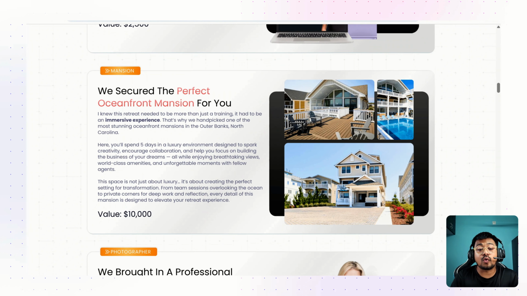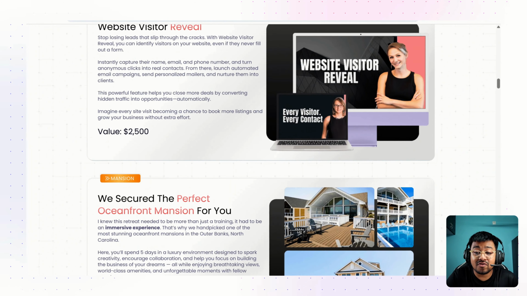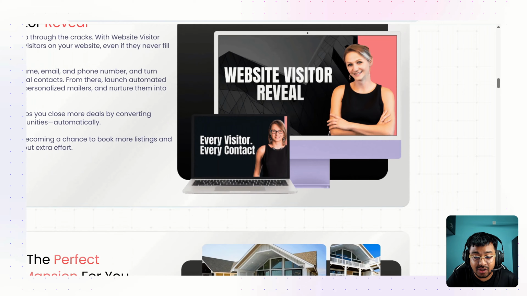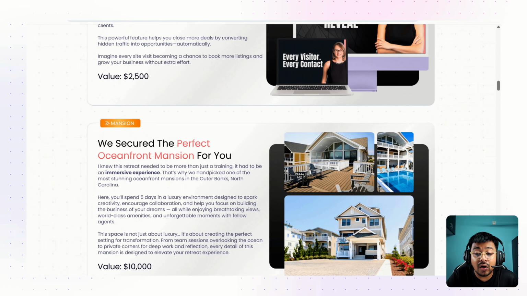Then we have a perfect ocean mansion that we have shown. Again, if you see the graphics, these are all custom created graphics for my client Janine, and that's basically how you build a premium page, because you do know that you're going to charge premium, so it has to look premium. At the same time, we should convert well in terms of giving all the information somebody needs to